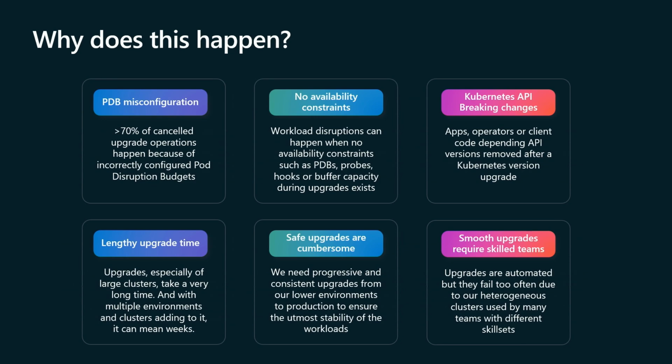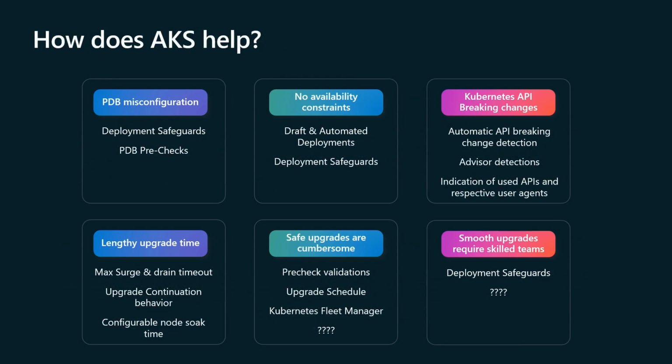The next is the length of the upgrades, especially in order to make them safe. They can take long, or they can be cumbersome to orchestrate, to make the whole process very, very safe. Also, these clusters can be very heterogeneous, with different applications and different teams within them that can have different skill sets. So again, some of them might have perfectly good availability constraints. Some might not have any. Applications might be legacy, or they might be net new microservices architecture. And based on that, you can have different results.